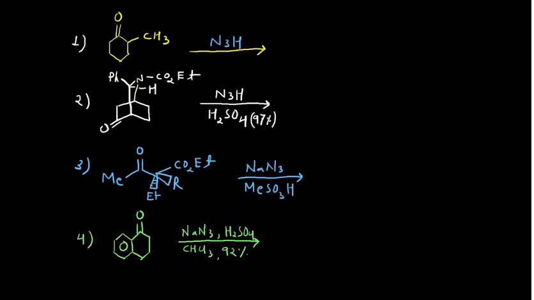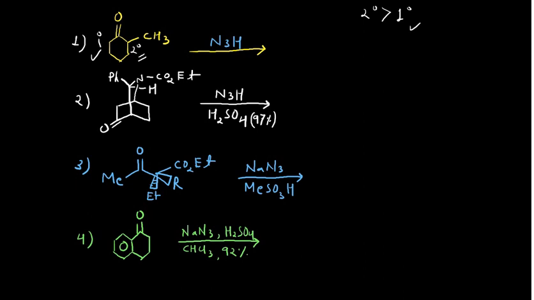Now if you move further, say next page. So these are some of the problems, okay? Now these problems would be quite easy for you. How? You see, this is the ketone, and whenever you have the starting material ketone and you are reacting with alkyl azide, your hydrazoic acid, you will insert NH. So either you can insert NH from here to here, or from here to here, okay?